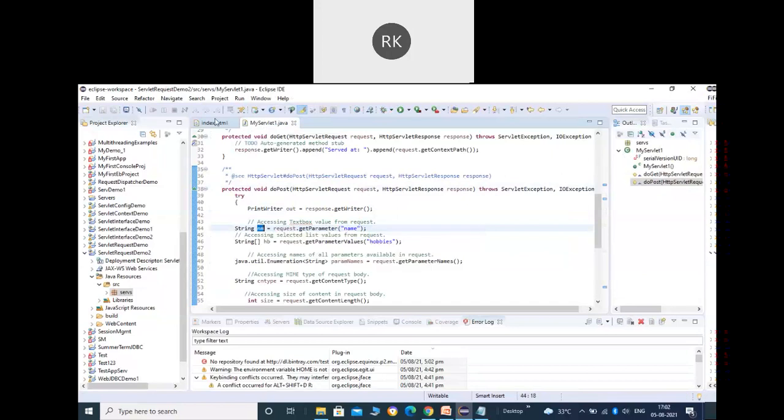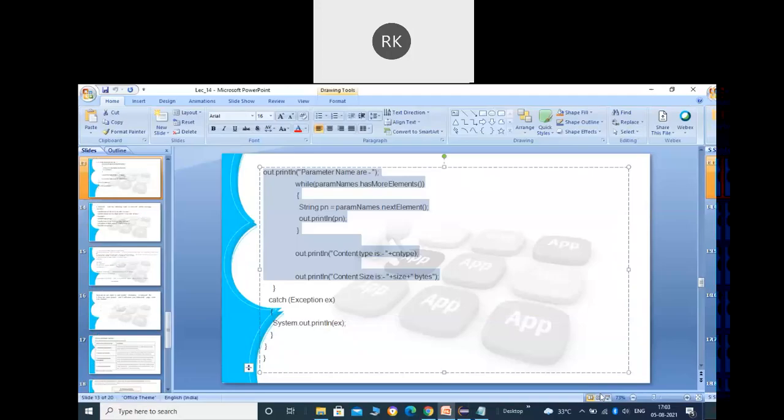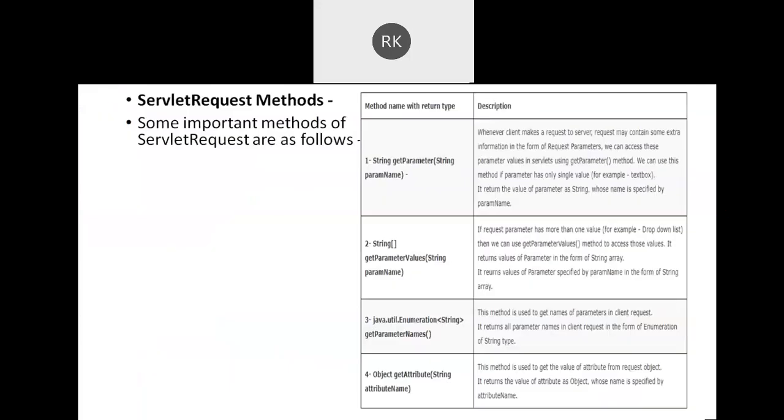Whatever value we enter in this text box will be returned in the form of a string. And here I have defined a variable name where I am returning the value whatever the user enters for the name. All right.